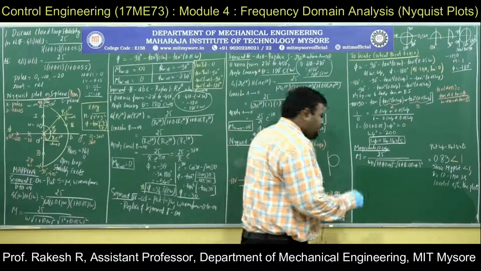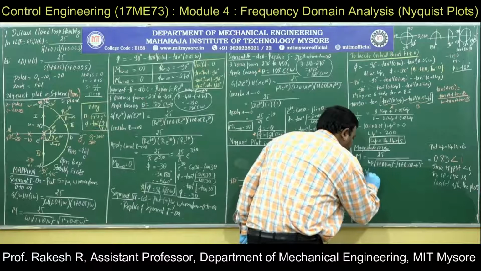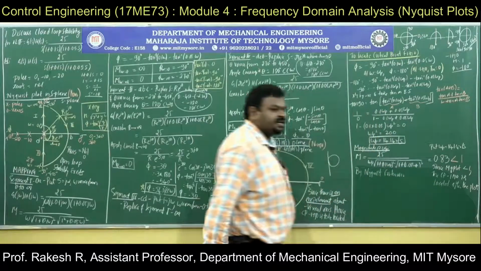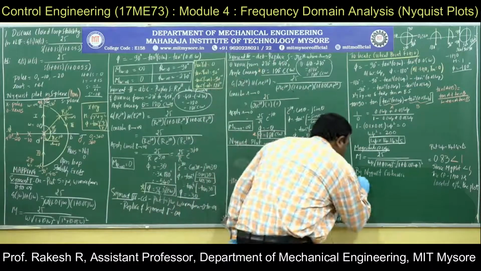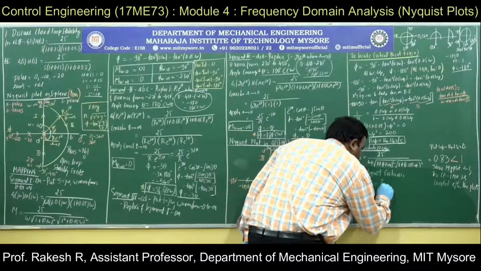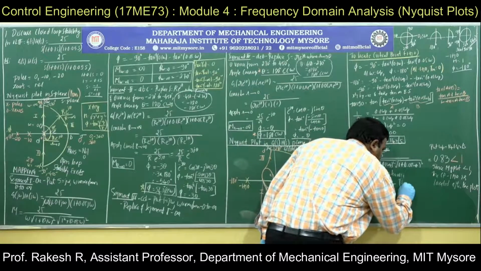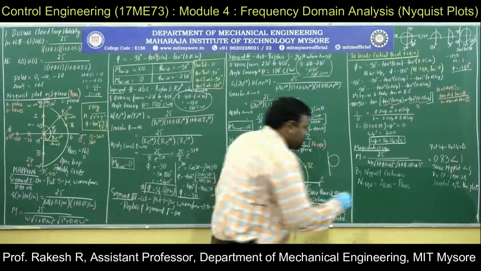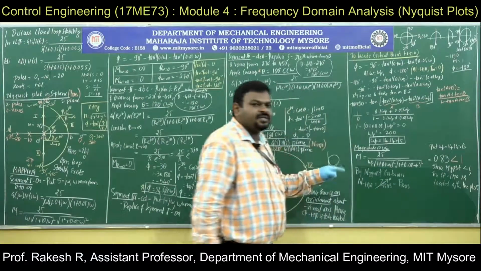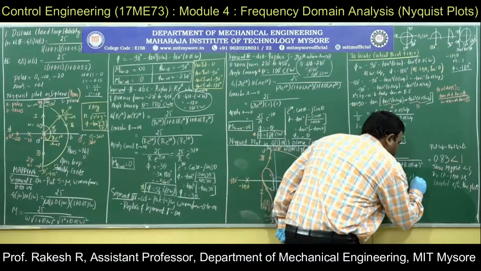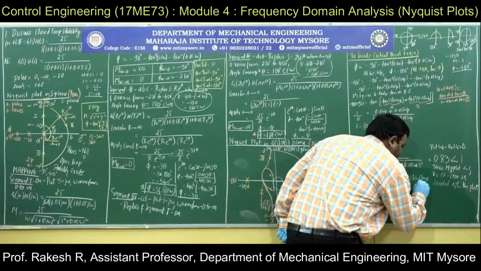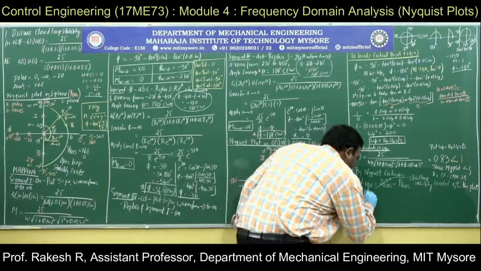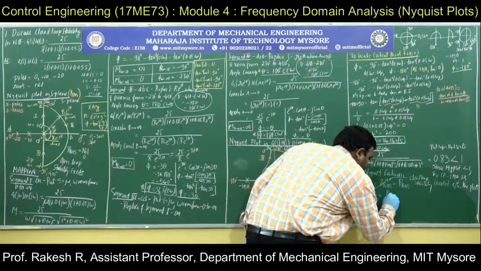Then after this, by the Nyquist stability criterion. What is the Nyquist stability criterion? N minus 1 plus j0 will be equal to Z RHS minus P RHS. Whenever you want closed loop stability to exist, Z RHS should always be 0, because of closed loop stability. I will make that itself 0, then N minus 1 plus j0 is equal to minus P RHS.